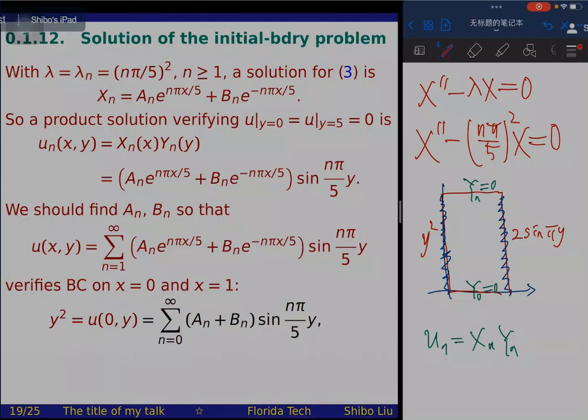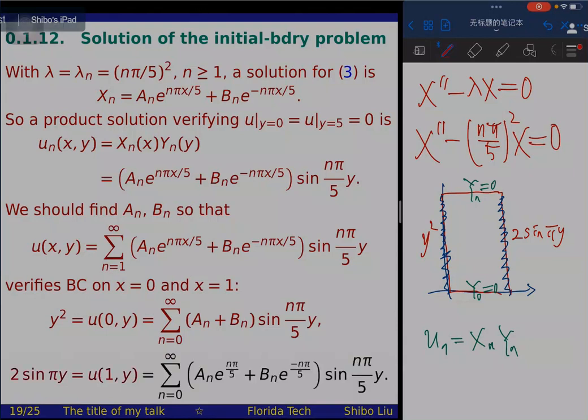Therefore, it simplifies to an plus bn. So y squared is the sum of an plus bn times sine n pi y. Similarly, when x equals 1, u(1,y) is 2 sine pi y. But to have u(1,y), again using the series expression for u, set x equal to 1, we get